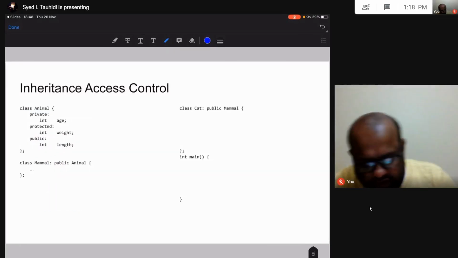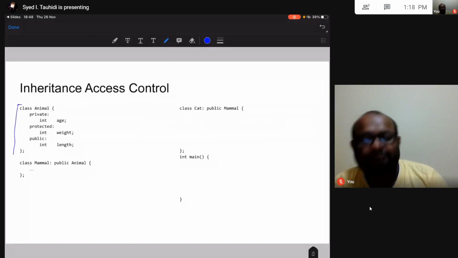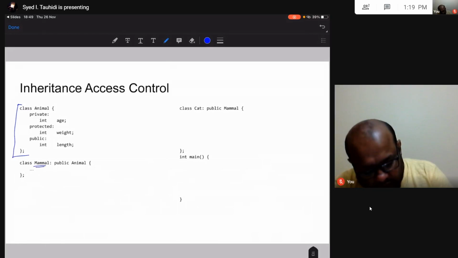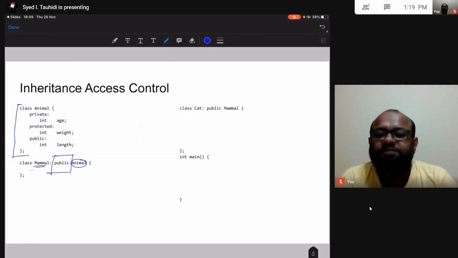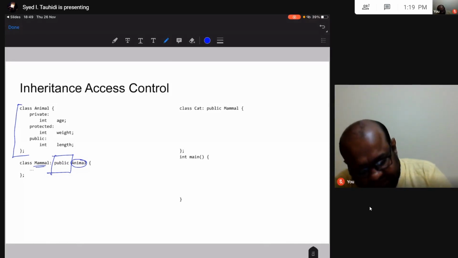Alright, so now I have the animal class, same as before. I have this mammal class which inherits from the animal class using this public inheritance, right? This is public inheritance. So what is going to happen if I do public inheritance? I have age, weight, and length.